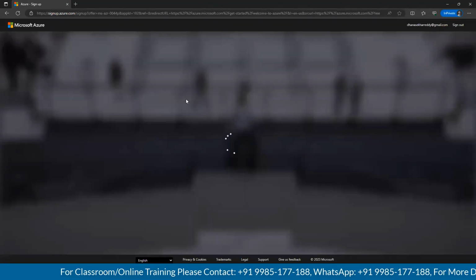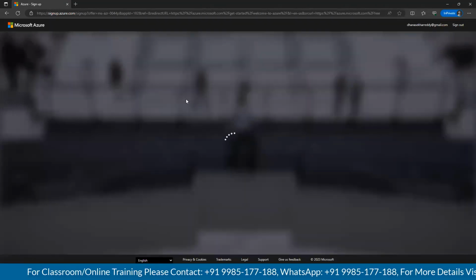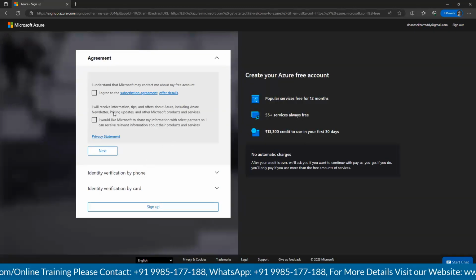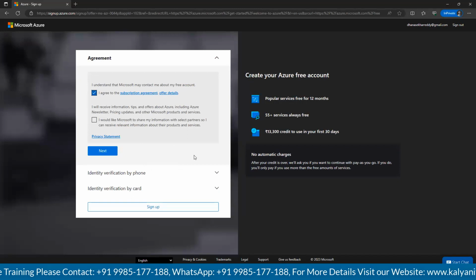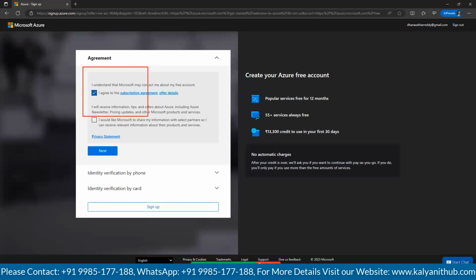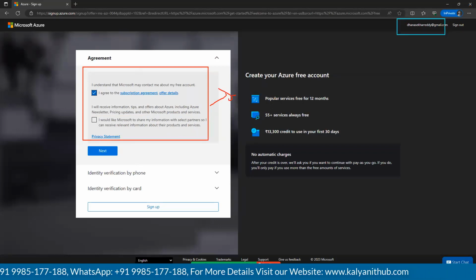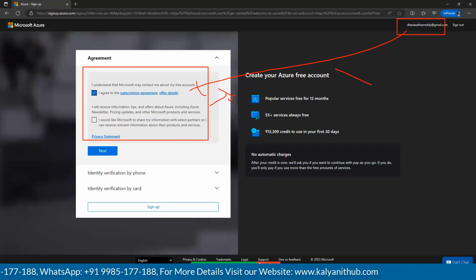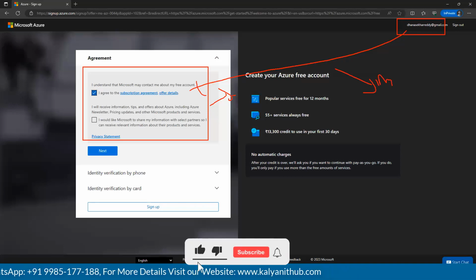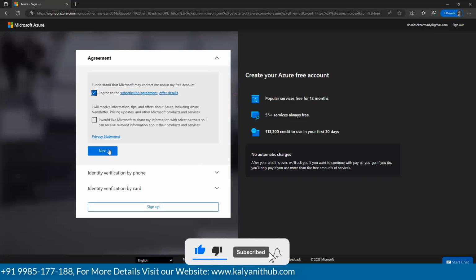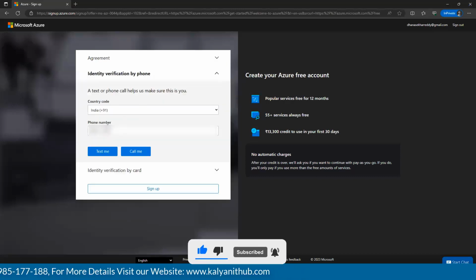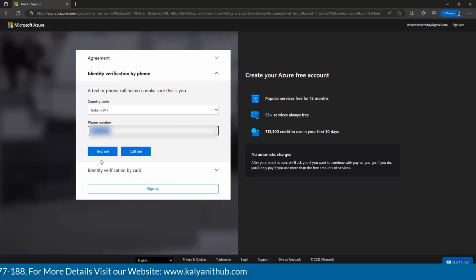Apart from that, nothing. Here you have to agree to the terms and conditions and enter the credentials. I mean your first name, last name, email address. Already I have the email address, and it is also asking for a mobile number that you have to enter. When I click on next, it will ask for your mobile number. See, this is the mobile number. Very simple. It's not rocket science.